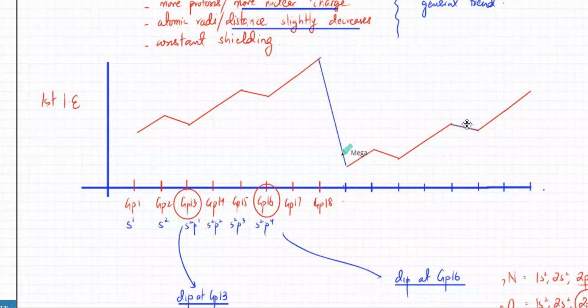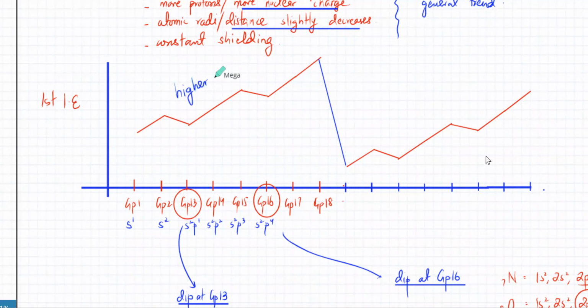So why is the next period lower than the first one? What's the reason for that? Yes, Amza. Because you're going down the group. Okay,